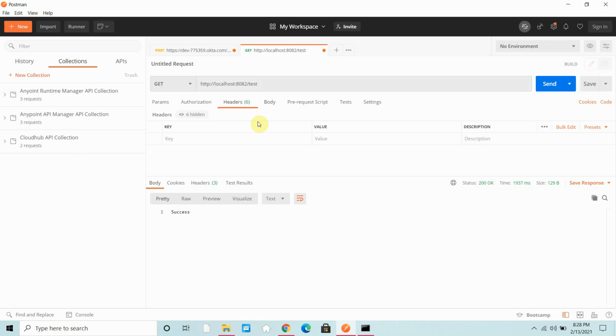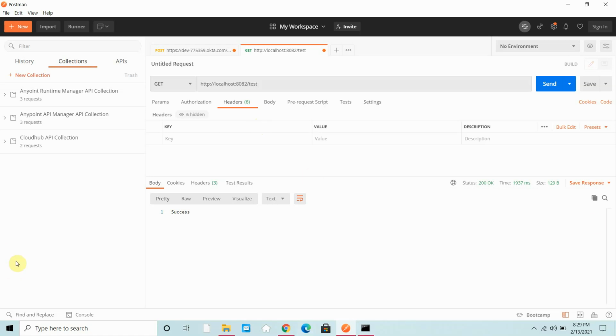Generally, why we create a proxy: if you want to apply policies, you can create a proxy, though you can do the same thing with API auto discovery, but there are some other advantages. If you want to hide your actual implementation, you can create a proxy application. You can provide access to the proxy application instead of the main implementation application, avoiding direct access to the implementation for security reasons.